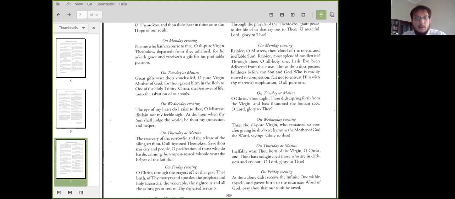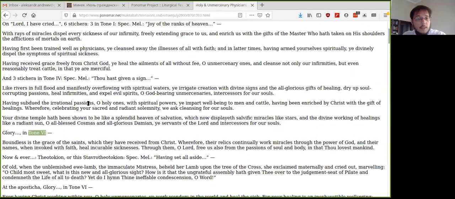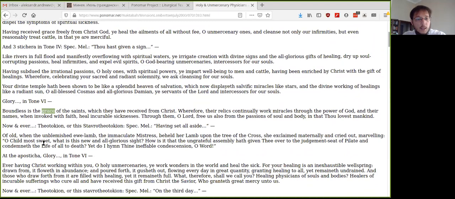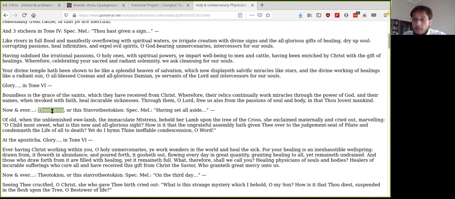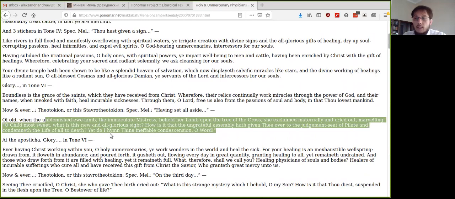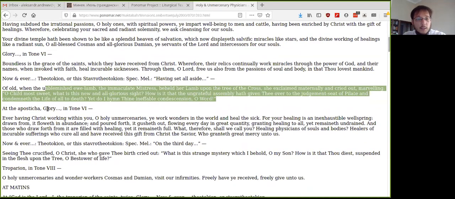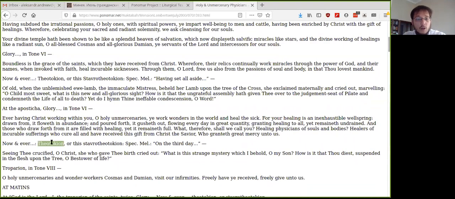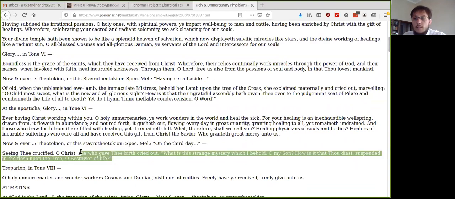So let me show you that. So if we go back to our service here in the Menaion, we've got the 2 sets of Stichira, Glory, the Doxasticon, Now and Ever, Theotokion, which is not printed in here because we have to find it from Appendix 2, or this Stavrotheotokion, and the Stavrotheotokion is printed here for us. And the same thing at the Apostica, Glory, Doxasticon, Now and Ever, Theotokion, which we have to find in Appendix 2, or this Stavrotheotokion, and the Stavrotheotokion is printed for us. Okay? So, again,